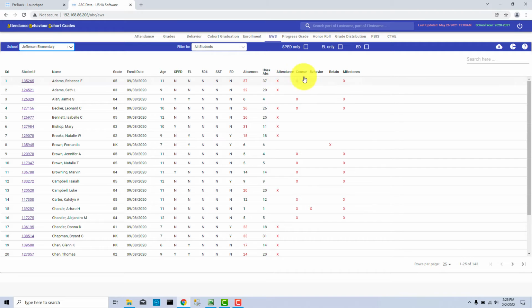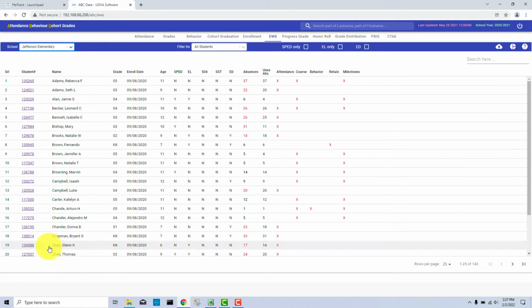And the last 5 columns in this report show you reasons why a student is included in the report. Now, a student may be on this report because of multiple reasons. As you can see, there are X's in 3 different columns for this